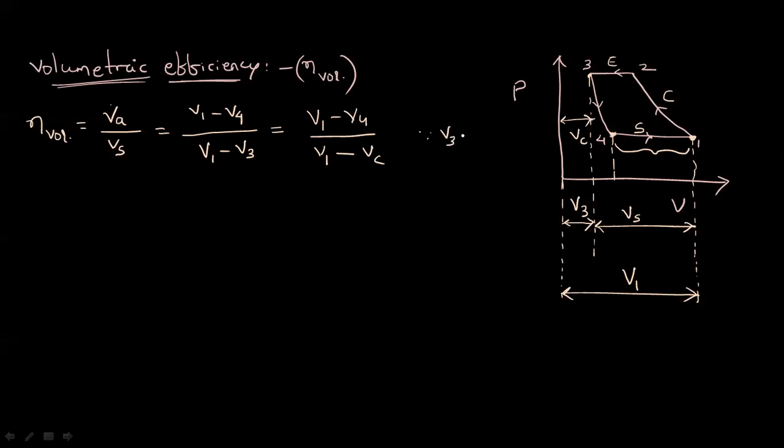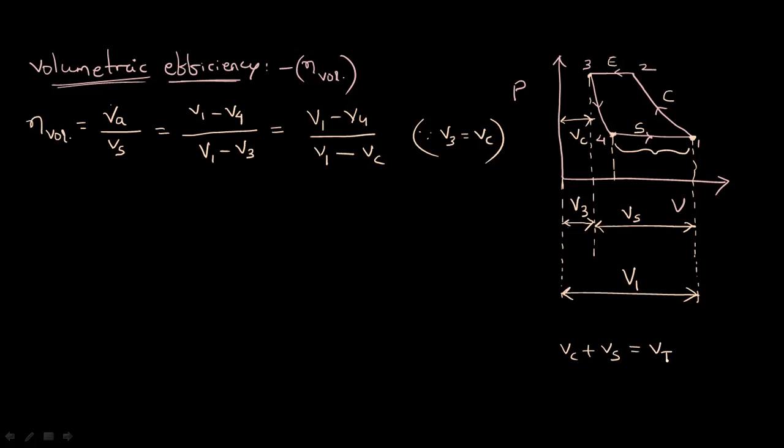Why? Because V3 equal to VC. This V3, this volume is called clearance volume. Already I have explained, so in place of V3 I have written VC. And now, what is total? From here to here, this is clearance volume, and from this point to this point, it is swept volume. So the summation of VC plus VS is called the total volume of the cylinder. Summation of clearance volume and swept volume is called total volume of the cylinder.